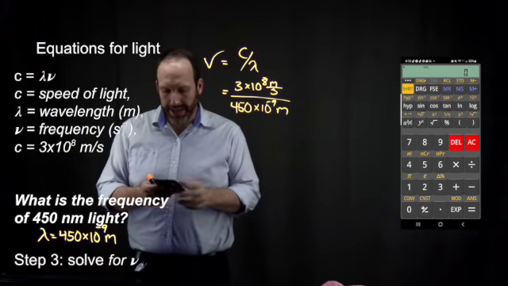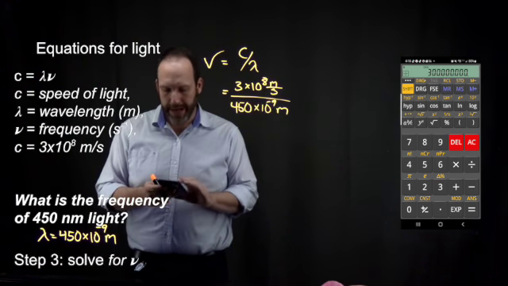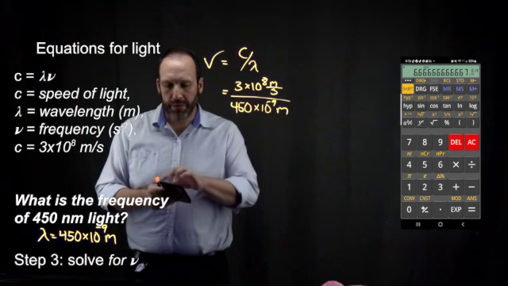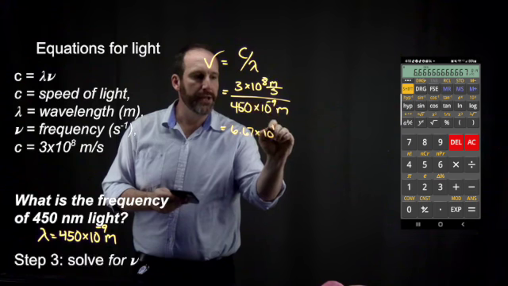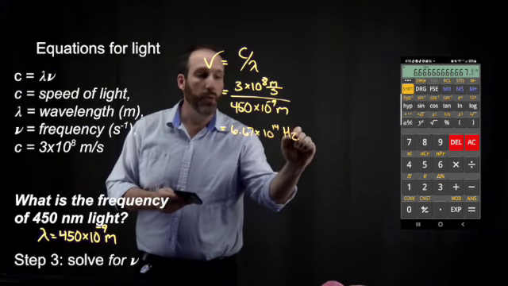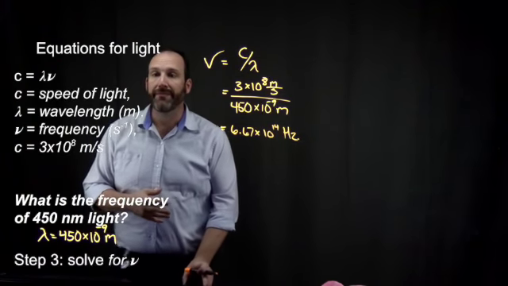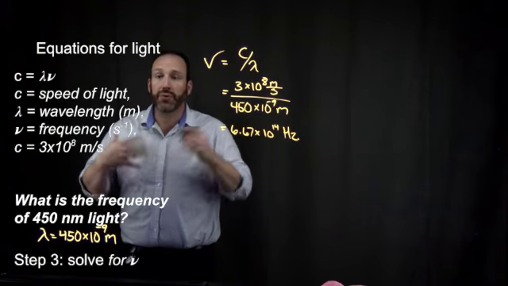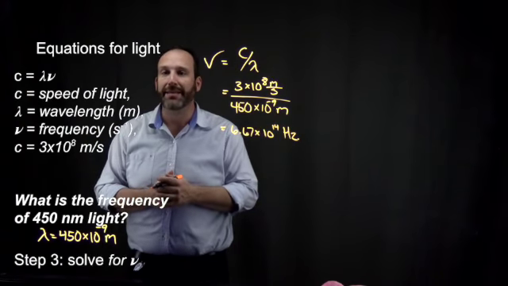So let's do this math together. Let's start with 3 times 10 to the 8th divided by 450 times 10 to the minus 9. When we do that division, we get 6.67 times 10 to the 14th hertz, or per seconds. So that's converting from wavelength to frequency. We can do lots of practice problems in which we're going back and forth between frequency and wavelength, and